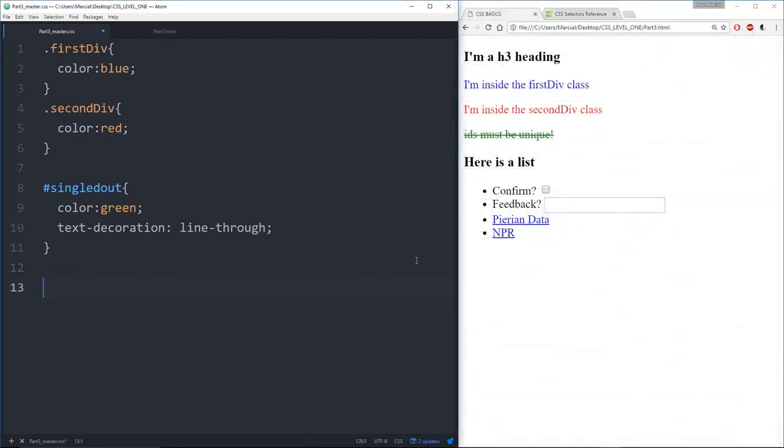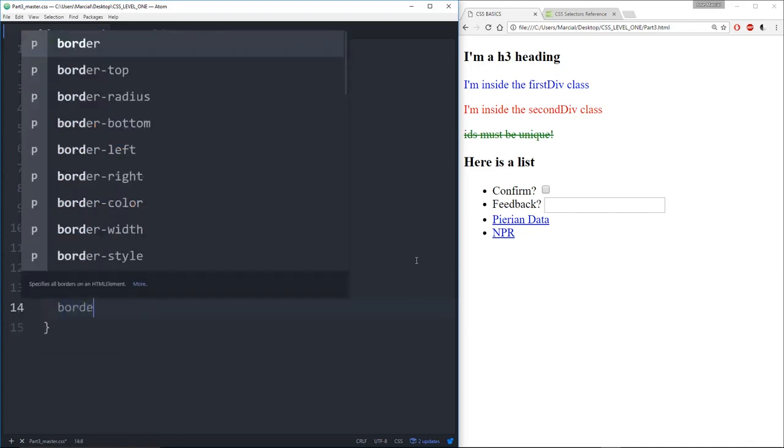Alright, so let's show an example of one of those CSS selectors known as adjacent siblings, and that has to do with elements that are next to each other. Let's imagine that I wanted to select all unordered list items that are next to an H3, a heading 3. I would do this. I'd say heading 3, and then I use the plus operator. Unordered list, curly braces, and then whatever property I wanted. So let's give them a border,